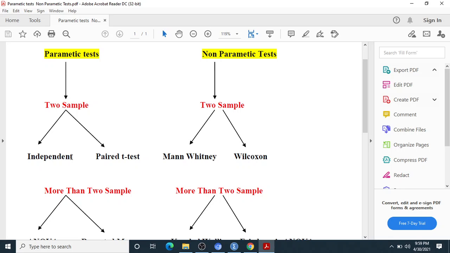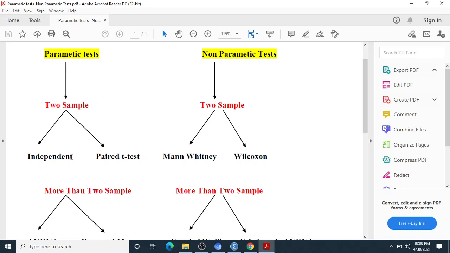The first condition, two samples should be there in the data. The second thing, the data should be mutually exclusive, or two categories should be there. Two categories like male and female. For example, in a class we just want to know whether the score of the boys is higher or the score of the girls, or the work efficiency in male and female, which one is better, the male staff or the female staff in a company or in a school.